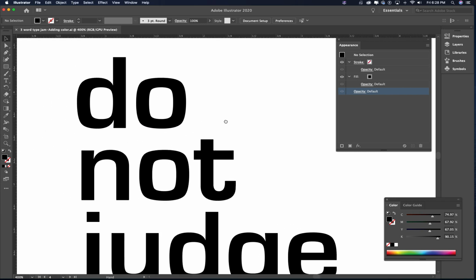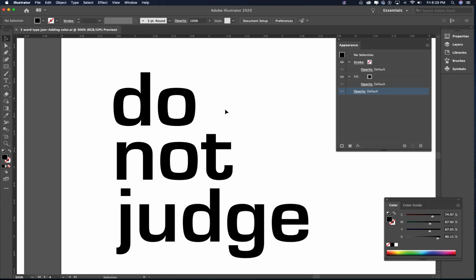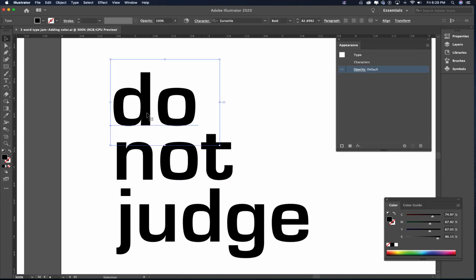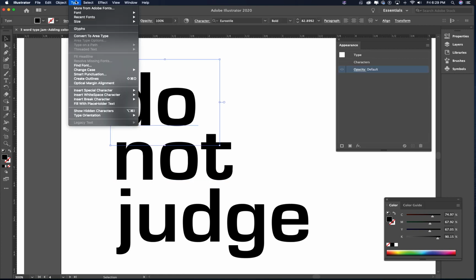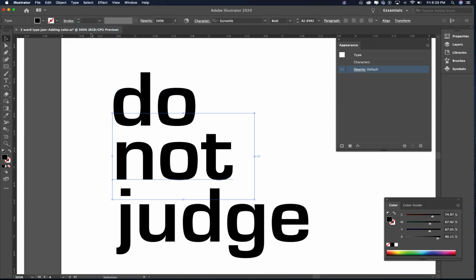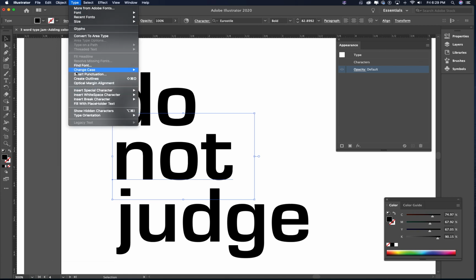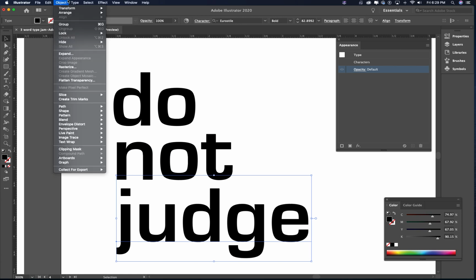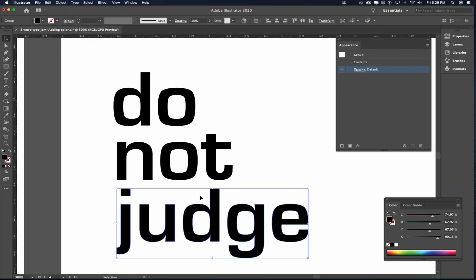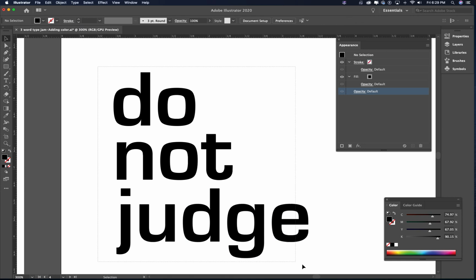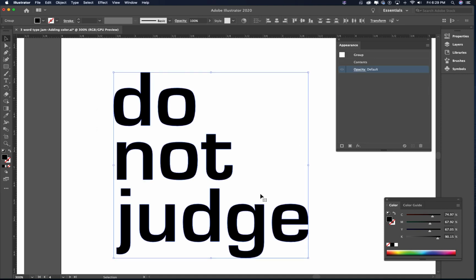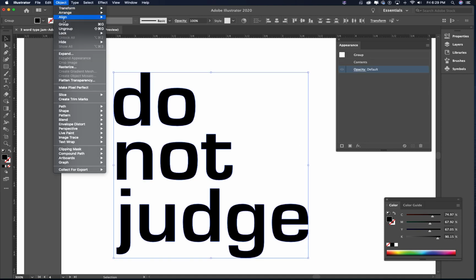What you would do is outline all of these lines of text. So we're going to go to create outlines. And I'm going to ungroup all of these. So I'm going to select all of these, and under object, I'm going to say ungroup. Okay, so now that I'm all ungrouped,